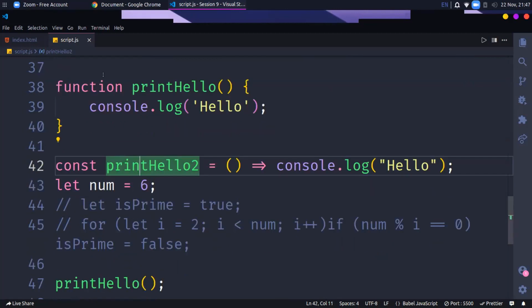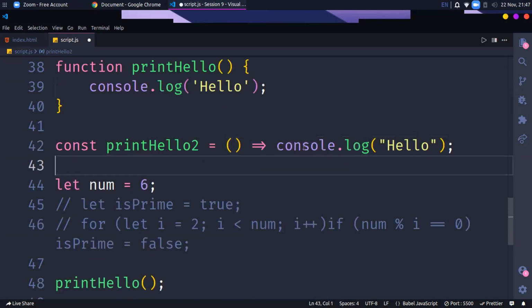So this is exactly same as this, but now if you don't have any parameter, then it's not like you can skip this. If there is no parameter, then we need to have an empty parenthesis, and this is it. So it helps us. Let's say you want to multiply is equal to